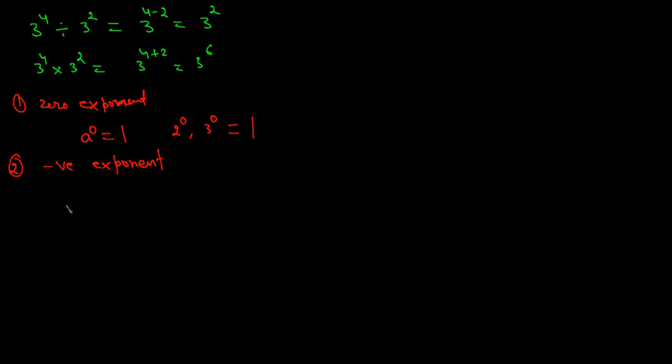Okay, so you have a raised to power negative n. What you need to do is bring that into the denominator and change the negative to a positive exponent. For example, 2 raised to power negative 1 can be written as 1 over 2 raised to power positive 1. Okay. Third rule,